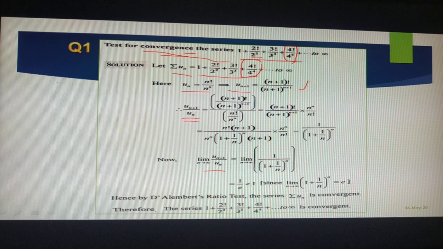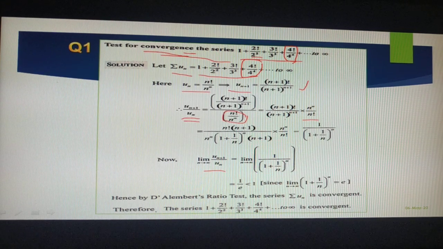So that is un plus 1 by un that we have to take in our formula. Before going to take it in the formula, first you simplify that ratio. I substituted, plugged in these values, un plus 1 by un. This is un; this term you take to the numerator and reverse it, and you see now we have this term.